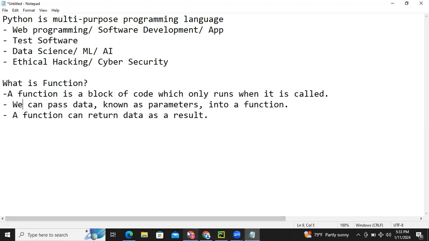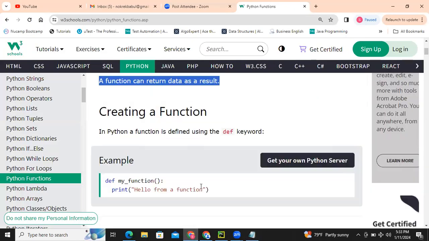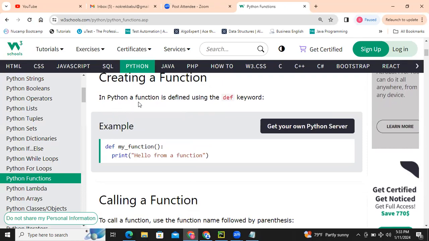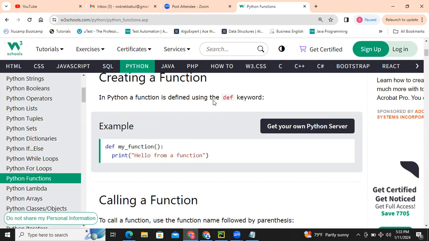Let's see an example. In Python, a function is defined using the keyword def. Okay. DEF. It's a keyword. Like def, my_function is the name of the function, then parentheses, then a colon.